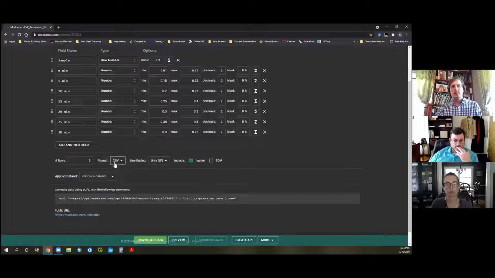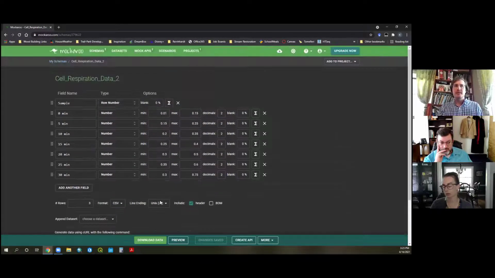And I wanted them to get a comma separated value. It opens up like a regular Excel file in Excel, and they can still do the data manipulation I want them to. And then I generated a URL. So this is the URL that my students can click on down here at the bottom. I can share this with them, and they will get that data. There's also a public URL that I wound up including. And then I saved this schema.